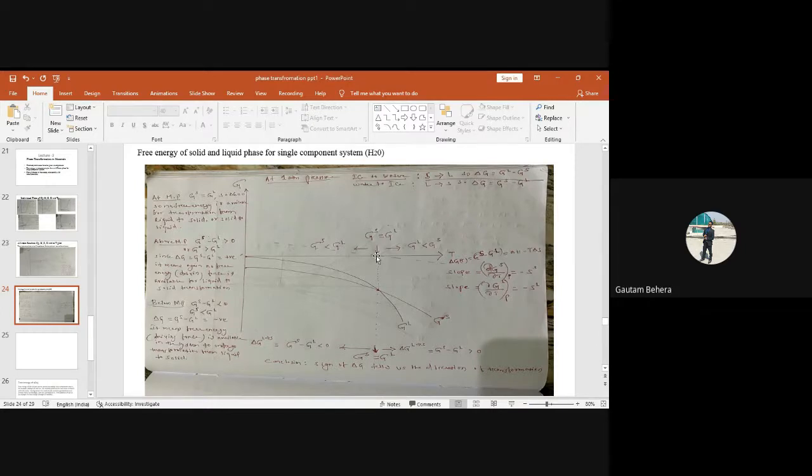Similarly, you take any metal and try to raise the temperature. You go to the melting temperature, for example. At melting temperature, the free energy of the liquid will be equal to the free energy of the solid, so there will be no transformation at all. The solid will not become liquid. Similarly, you take a liquid metal and try to come to the freezing point. At exactly the freezing point, the free energy of solid will be equal to the free energy of liquid, so there will be no solidification. The liquid will not become solid because both liquid and solid phases have the same free energy. Okay.